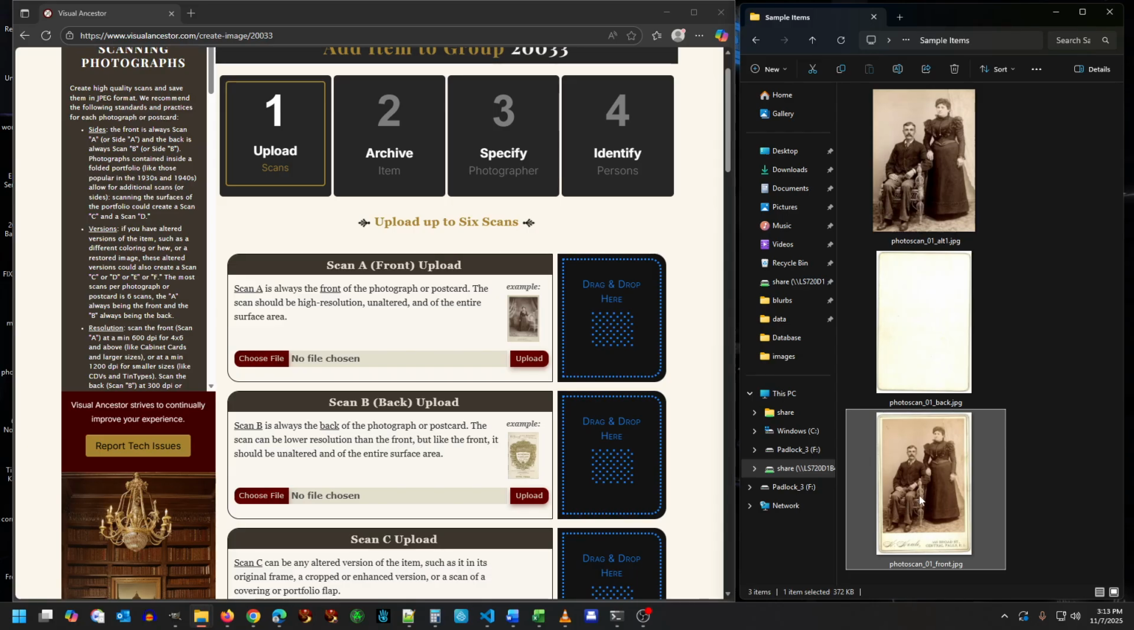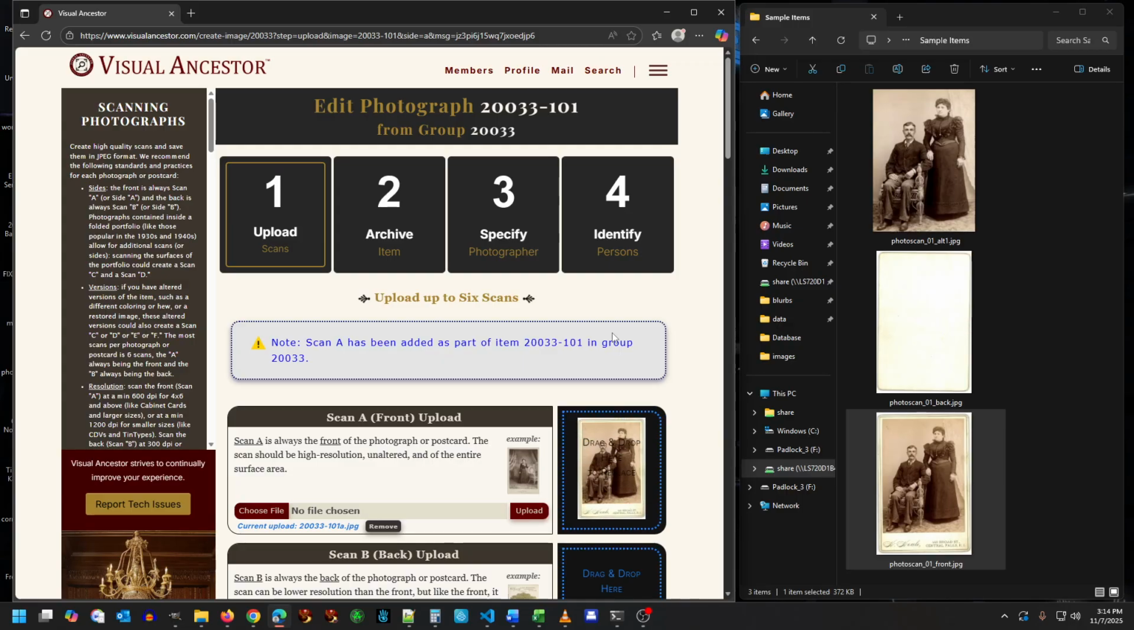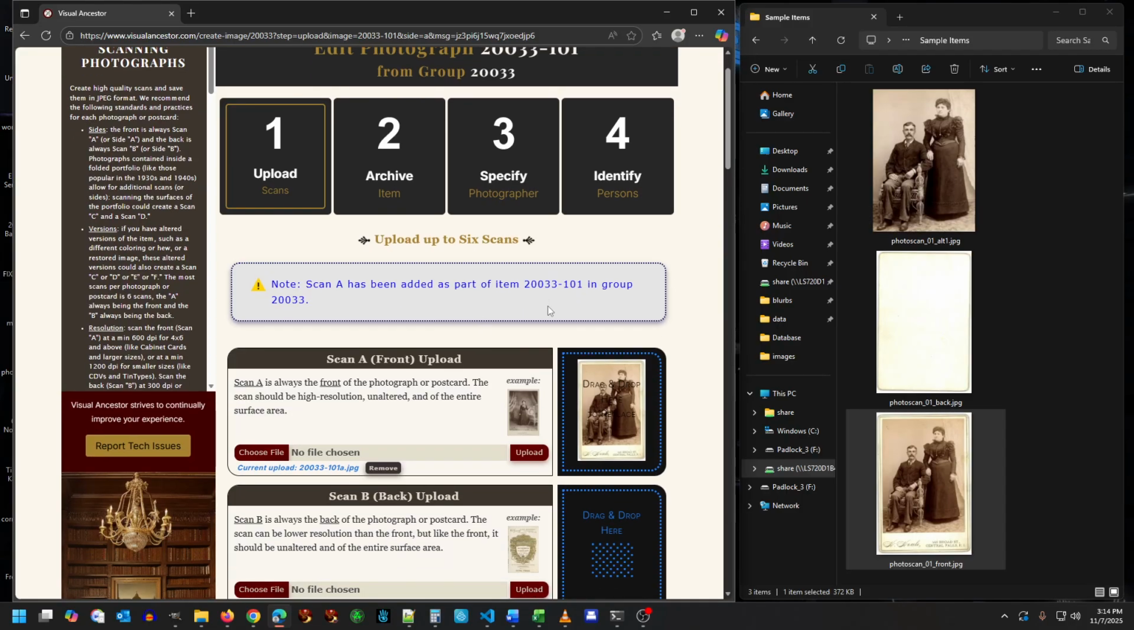Over here in my Windows Explorer, I will click my mouse and grab the full front scan, drag it, place it into the box where it says drop here, and let go. I will not touch the mouse until this finishes. I'll let it do its work. And here, as you can see, I have a note: Scan A has been added as part of item